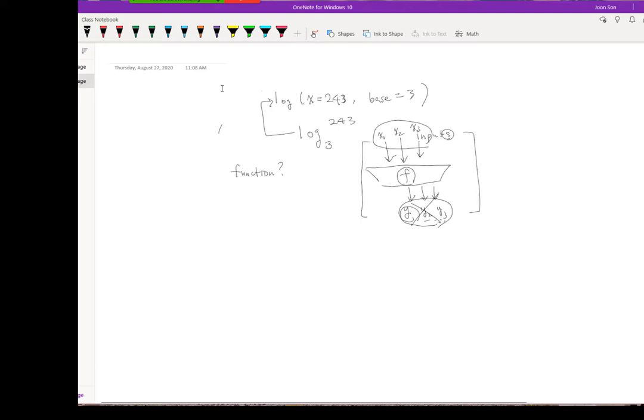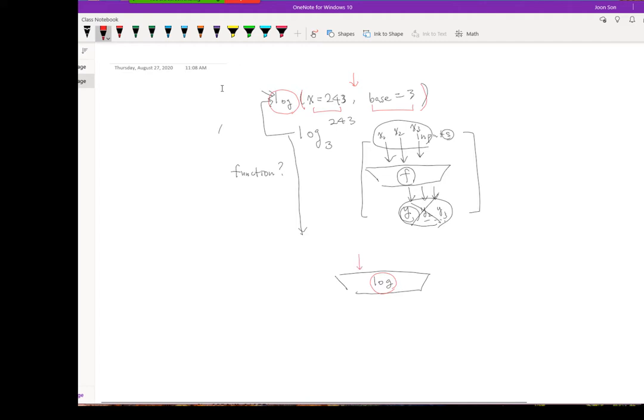If you look at this, you can think of it as a function. If I draw this picture, this is the log function, and the name of the function is log. The input is specified within the parentheses. We have two inputs, the first and the second, and these are called arguments.